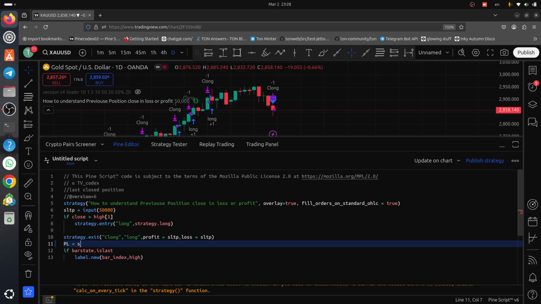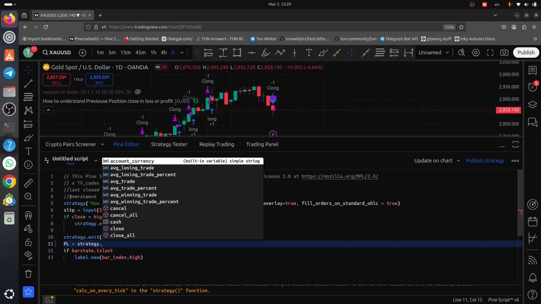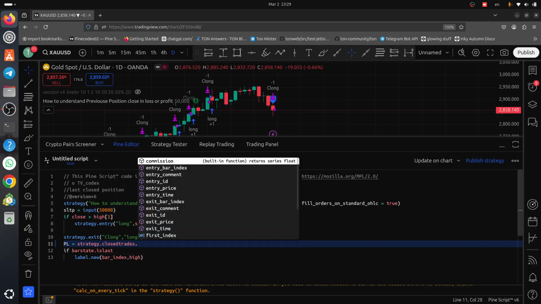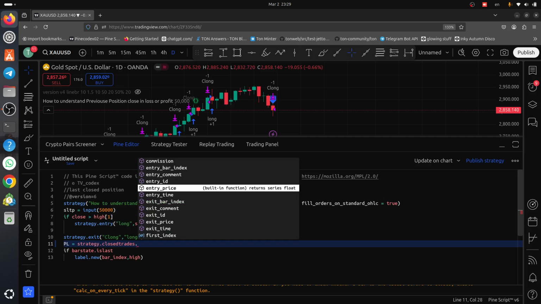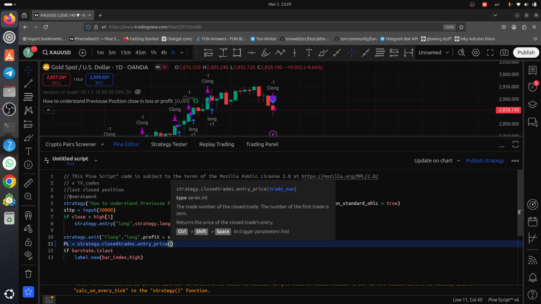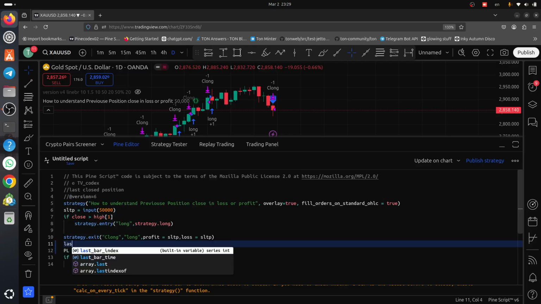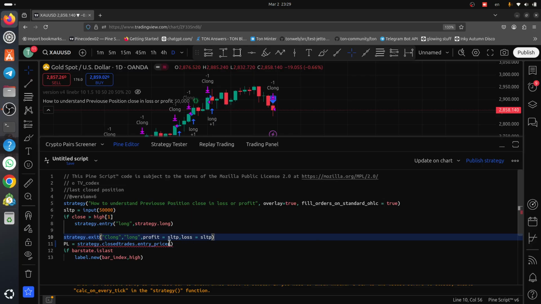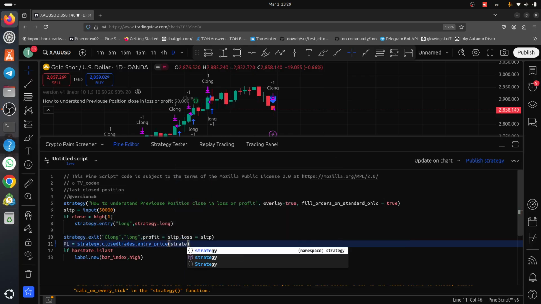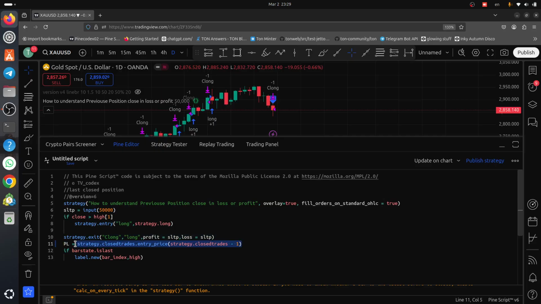We say strategy.closedtrades.entry_price. Okay, and to get the last one we write strategy.closedtrades minus one. This gives us the last closed position's entry, for example this price. Okay,